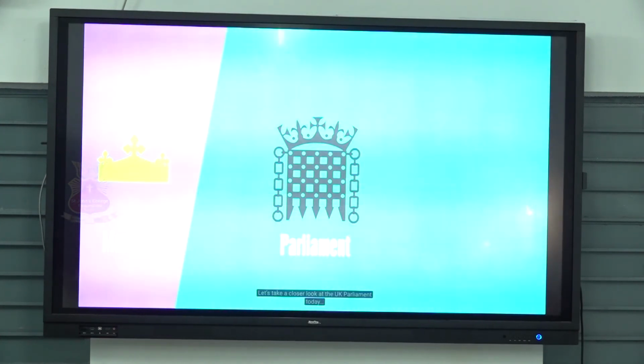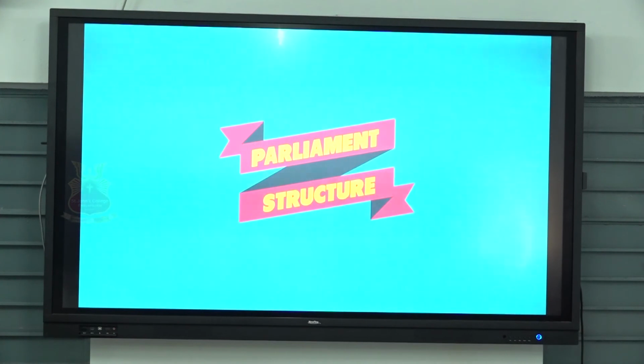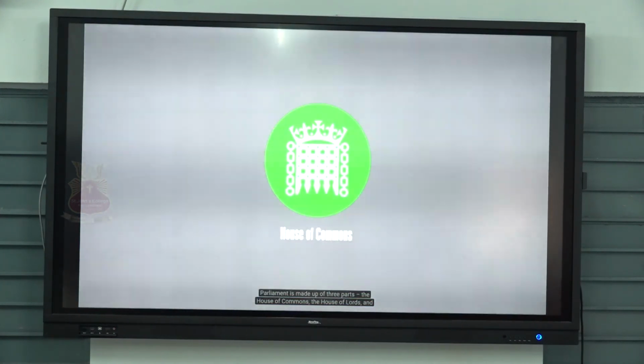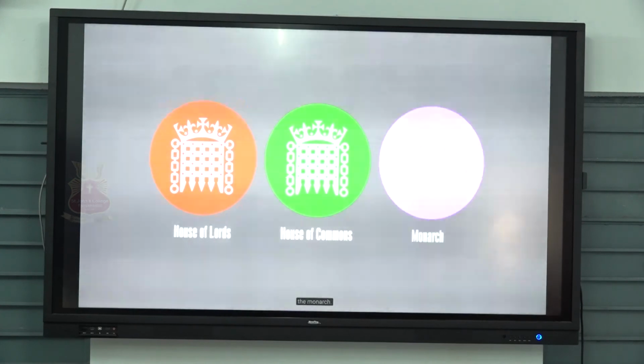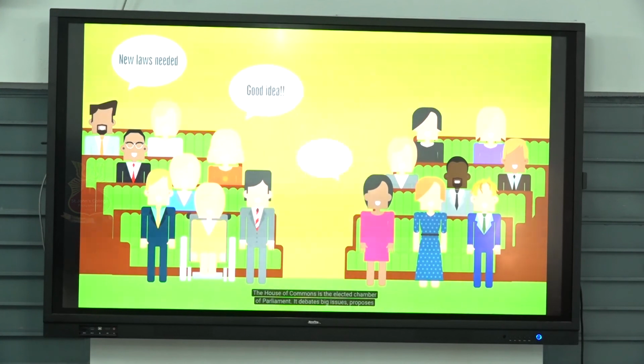Let's take a closer look at the UK Parliament today. Parliament is made up of three parts: the House of Commons, the House of Lords, and the monarch. The House of Commons is the elected chamber of Parliament. It debates big issues, proposes laws, amends existing ones,